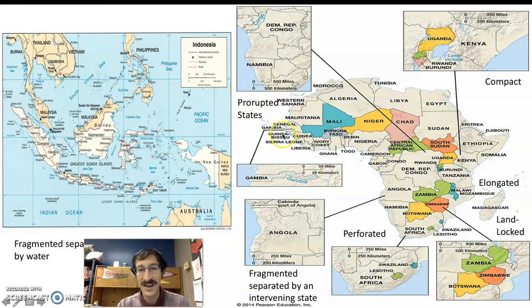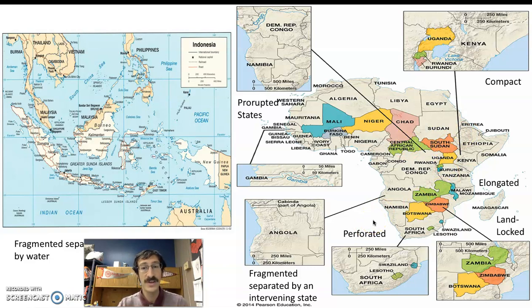Prorupted, you have the Gambia, which essentially cuts off the connection between Guinea-Bissau and Senegal. Other countries, so here you have all these ones. These are landlocked states, so Mali, Burkina Faso, Niger, Chad, Central African Republic. You can kind of see all those highlighted colors within them. But also within our